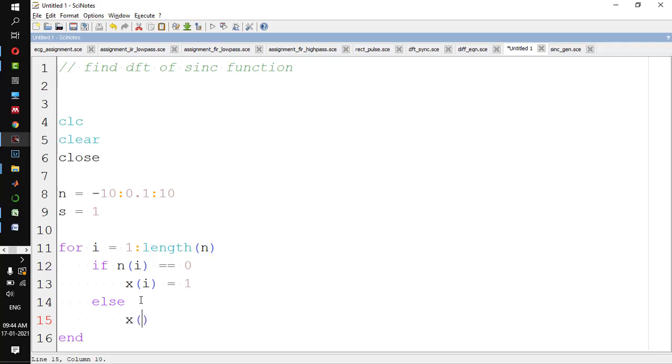x of i is equal to sin of pi into n of i.